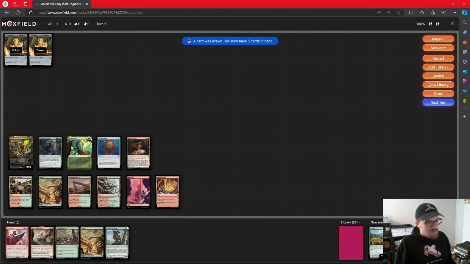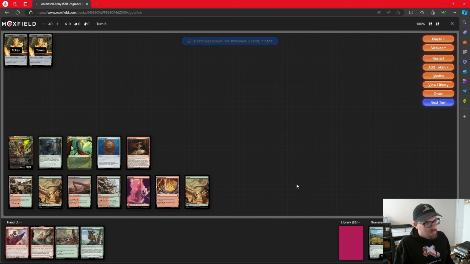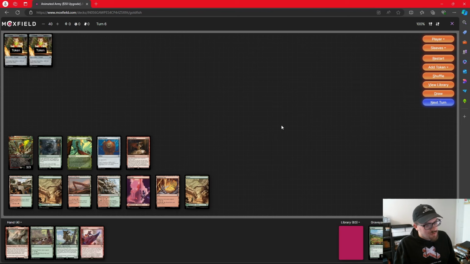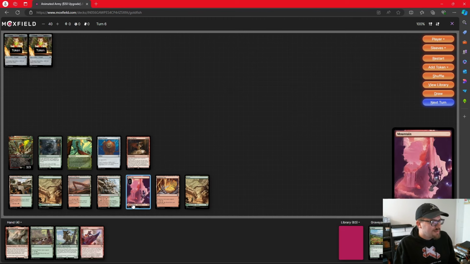So on turn 6, provided no one has interacted with our board up to this point, no one's taken out Bellow, nobody's done anything else, I'm going to put all of my mana plus 1 treasure into this City on Fire. Now, if there's a world where somebody removed Bellow on turn 5, which is more than fair, I would just use 5 mana to get